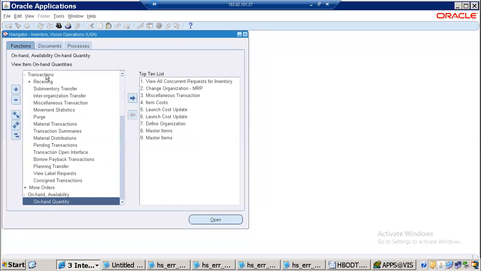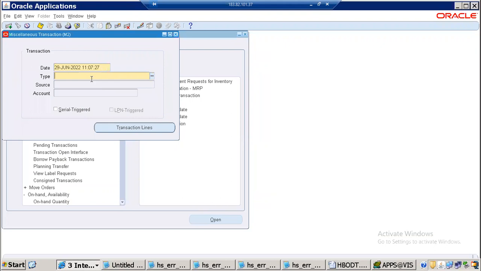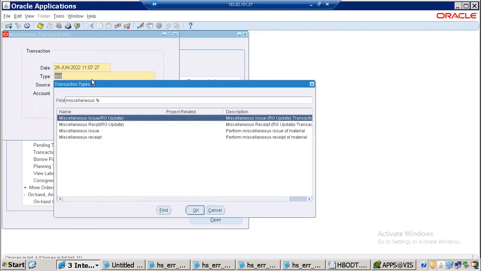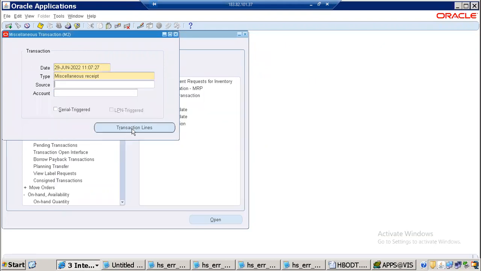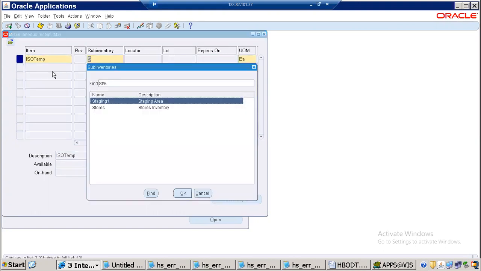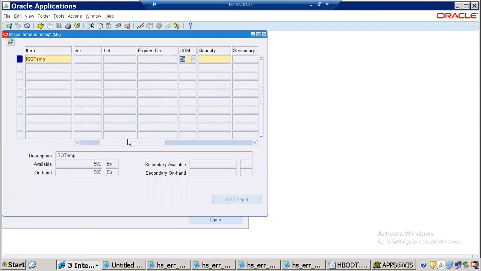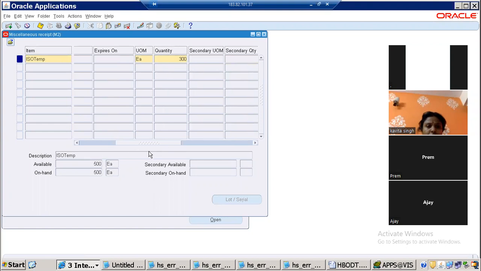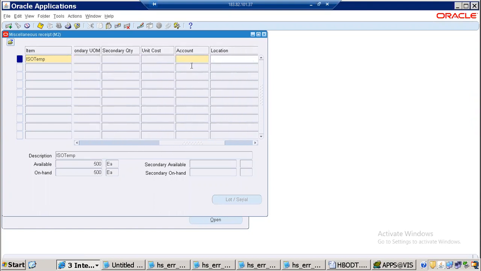Now you need to go to right, then miscellaneous transaction, then miscellaneous receipt here, transaction lines, stores. I'm just adding like 300 more quantity, and then account